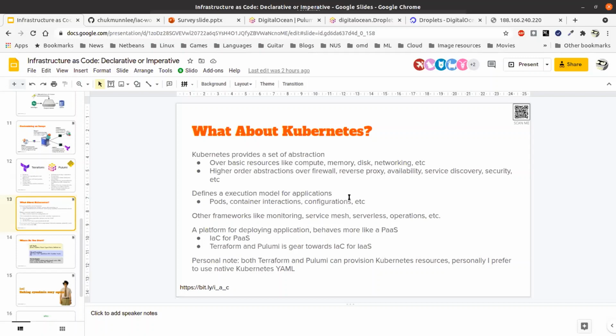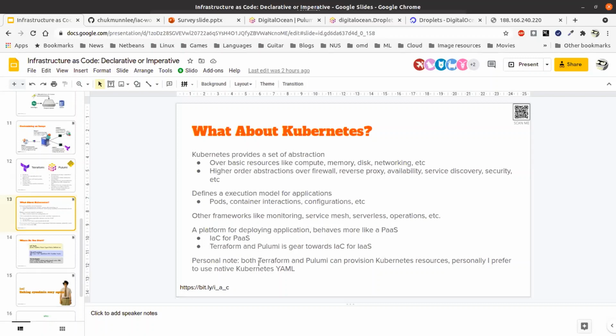So if your concern is only about the application and you're not really worried about the underlying hardware, then probably Kubernetes is a better option to go with. Because in Kubernetes, you just focus on how your application is structured, rather than installing software, installing patches, and stuff like that. Although